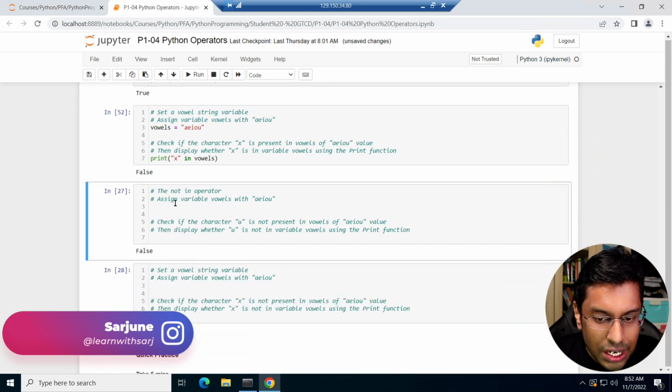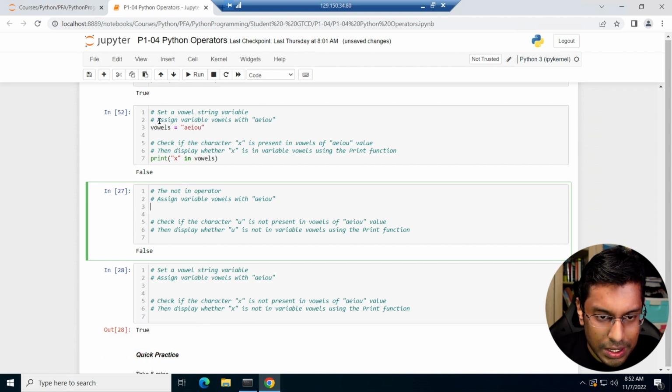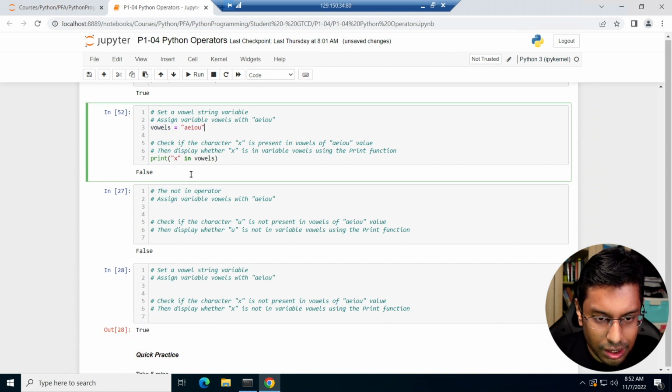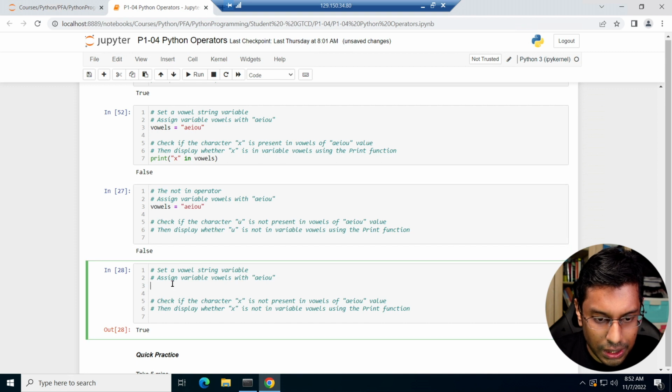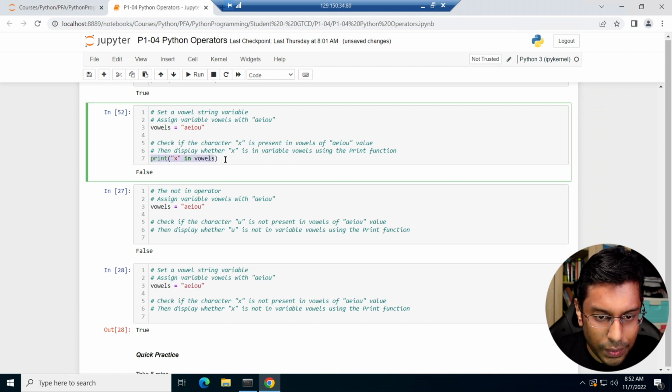What about the not in operator, right? So this should be quite simple, right? So let me just copy this and paste it here and here as well. I think I'm going to use it later as well. And I'm going to check whether